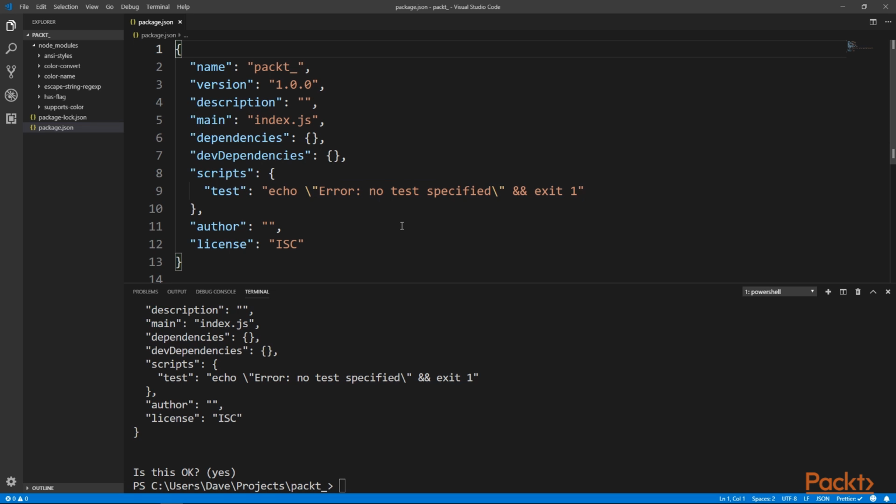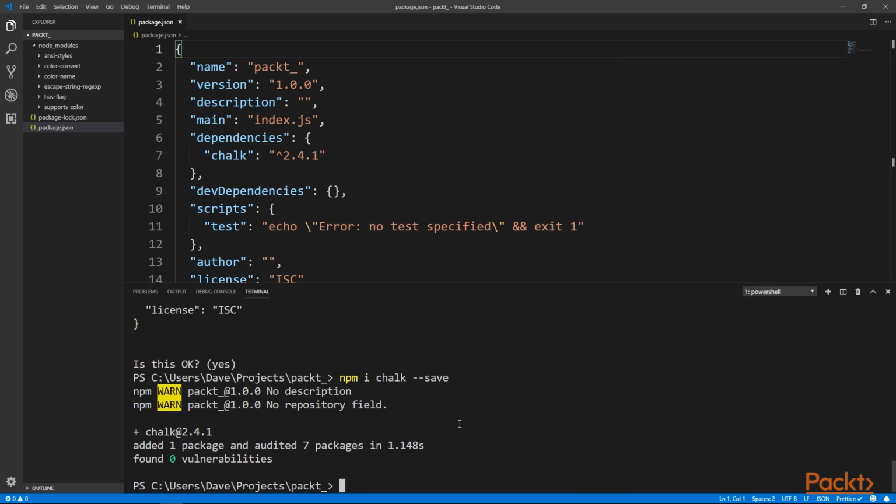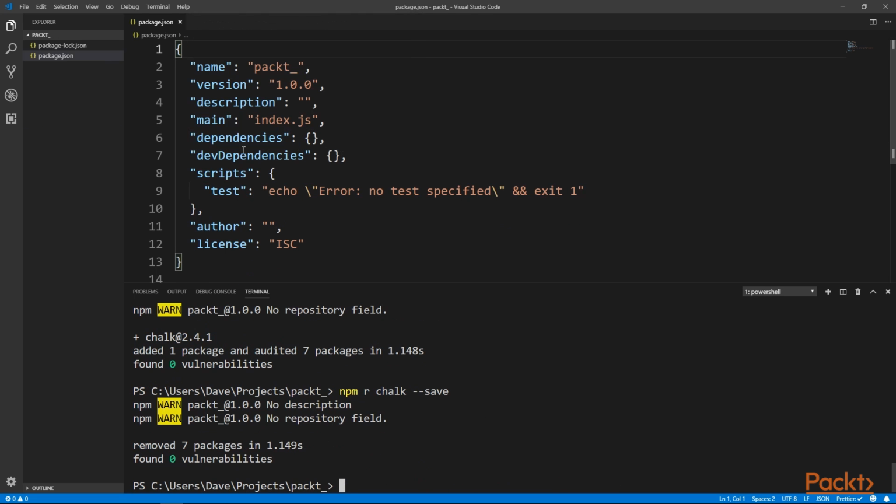Let's reinstall Chalk and save it as a dependency and see what happens to this file. Run npm install Chalk, and this time we'll pass the --save flag. Now that it's installed, we can look at the package.json and see that Chalk has appeared as a dependency. If we remove Chalk again with npm remove Chalk with --save, Chalk has disappeared from the dependencies, and the entire Node modules directory has gone, as well as all of the